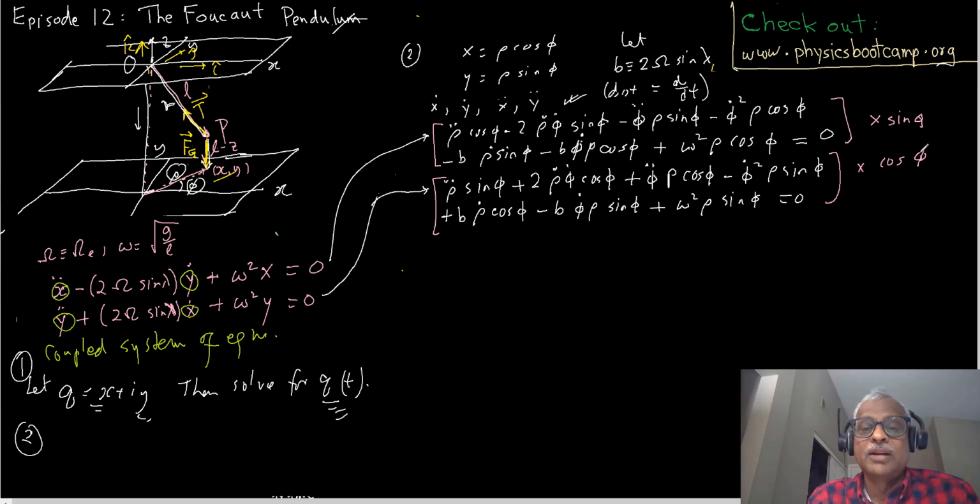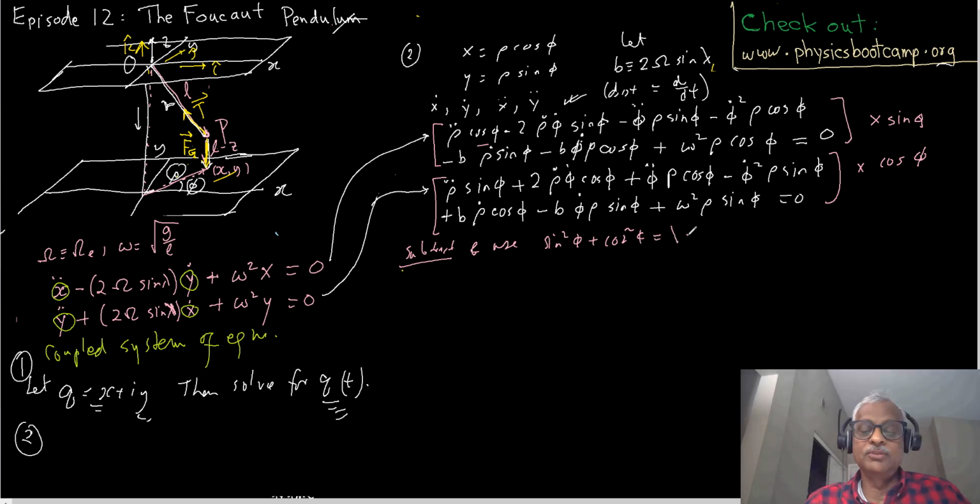And then subtract. So you can see this guy with this guy will cancel out, and at the end of the calculation, then use sine squared phi plus cosine squared phi equals 1, and after simplification